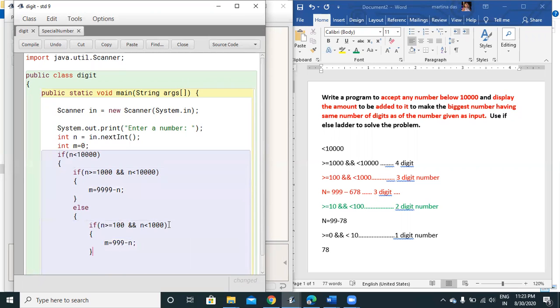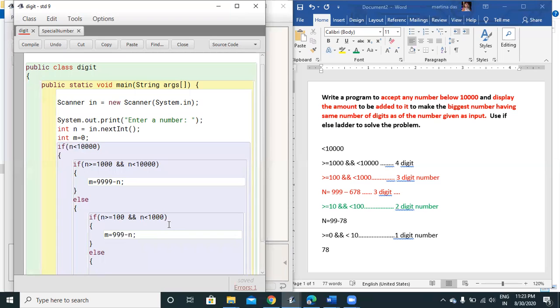Now, if this is not true, now we have already checked it is not a 4-digit number, it is not a 3-digit number. Then again I'll write else, because the question had asked to write in if else ladder. That is why I'm using this. Otherwise, you can write only multiple if also. It is always good to give indentation so that it becomes clear for you.